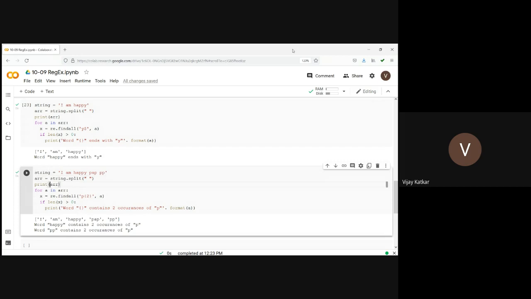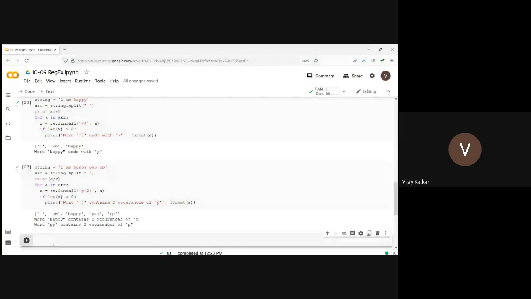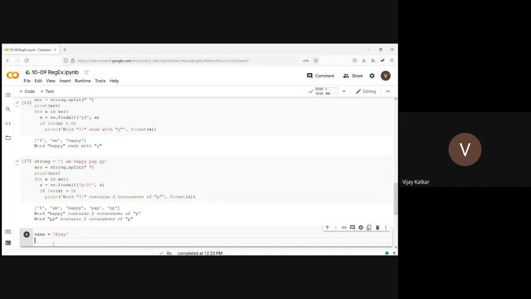Then let's say I need to identify whether a particular word contains numbers or not. For example, let's say I'm writing name is equal to Ajay, and here I want to check whether it contains numbers or not. So can I write something like this?